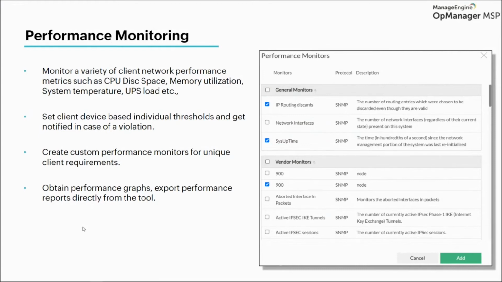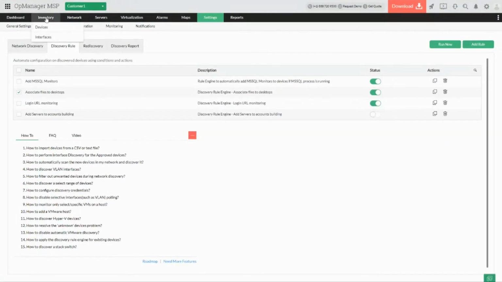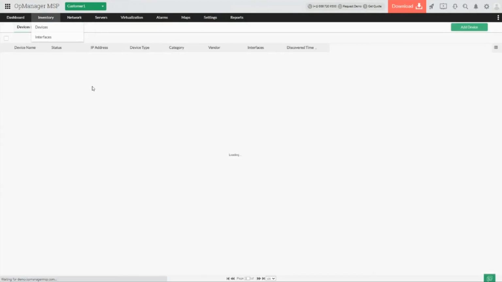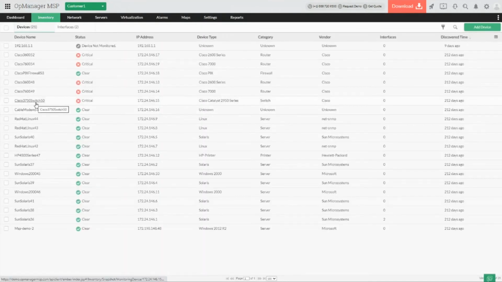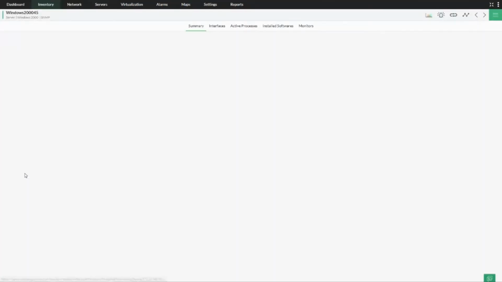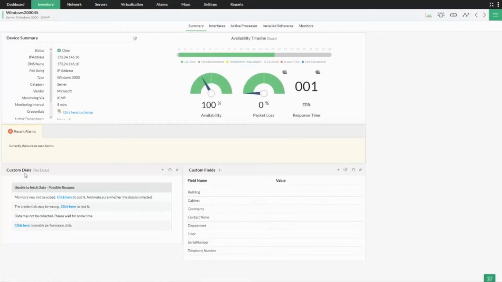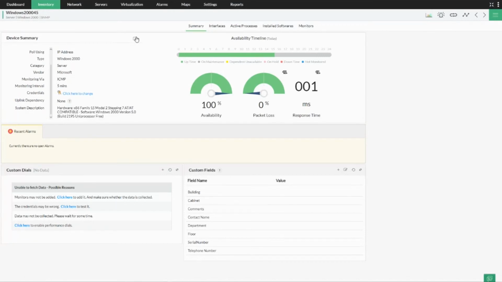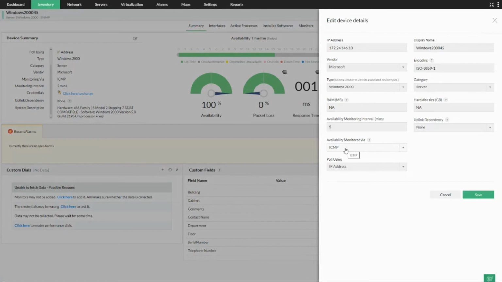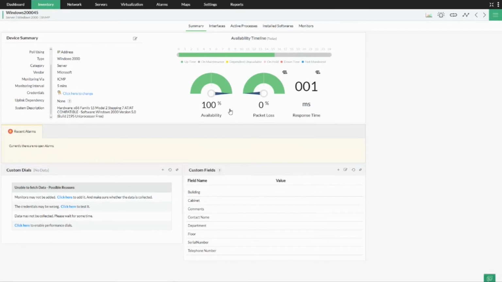Let me quickly take you to the product and show you a sample device to understand how the availability monitoring and performance monitoring of devices is going to happen, and show various different devices and information from our environment. So let's take this Windows device, which has been monitored using an SNMP credential. You can also use WMI. Here, the availability monitoring is happening based on ICMP. In case you want to switch it to TCP or SNMP, I can very well do it. I can also use the IP address or the DNS name to monitor them. And over here, you can configure the thresholds for packet loss and response time.